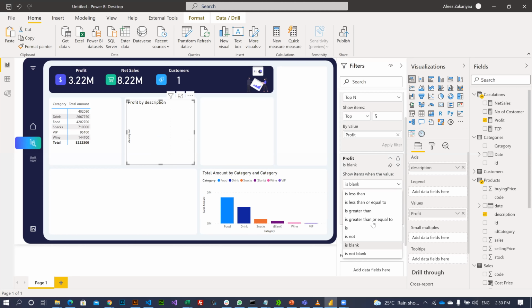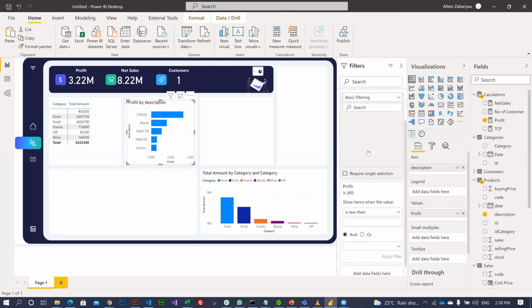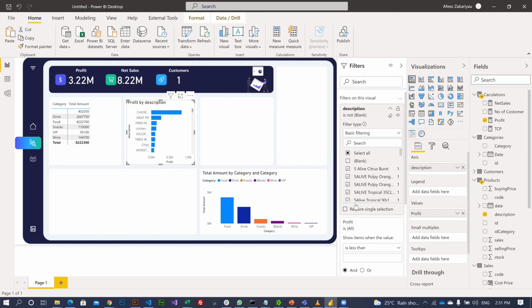Okay, that's if this is blank. So I don't even need that. Let me clear this. But under this, before we do top N, you can do something like basic filtering. So you can easily select all and remove this. Can you see? So when you do that, now we should be able to add